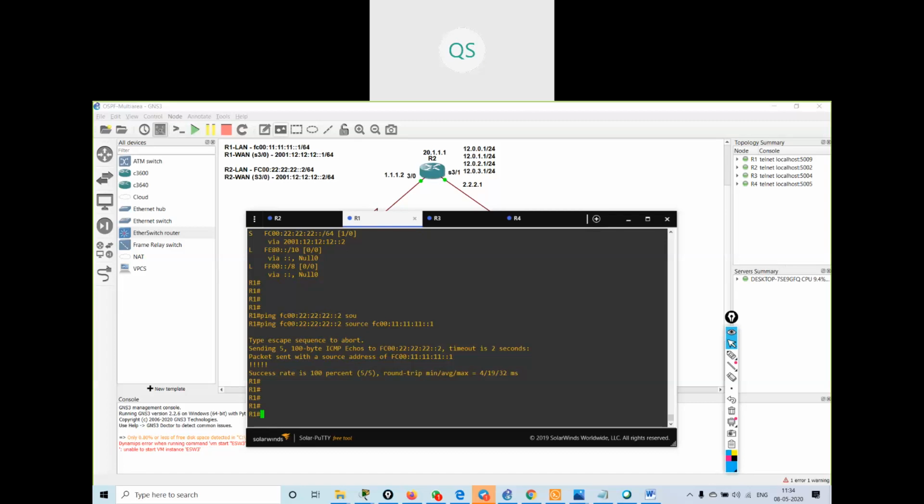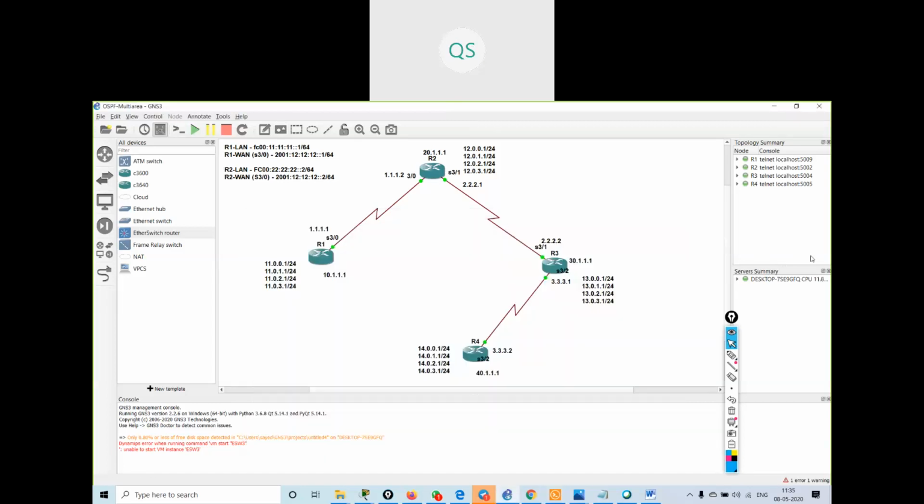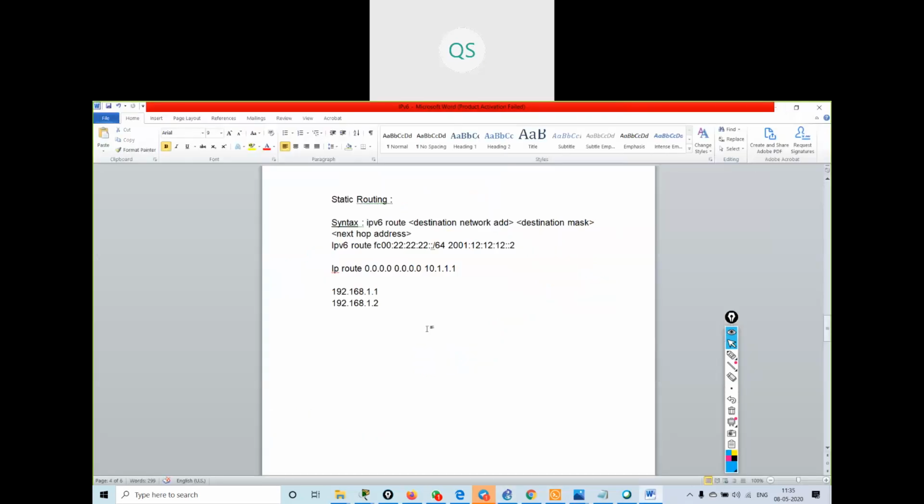So what we will be studying at CCNP level, we will be studying OSPF version 3, and also we will be studying some EUI configurations, or you can say extended unique identifier format. What is my EUI 64-bit extended unique identifier?